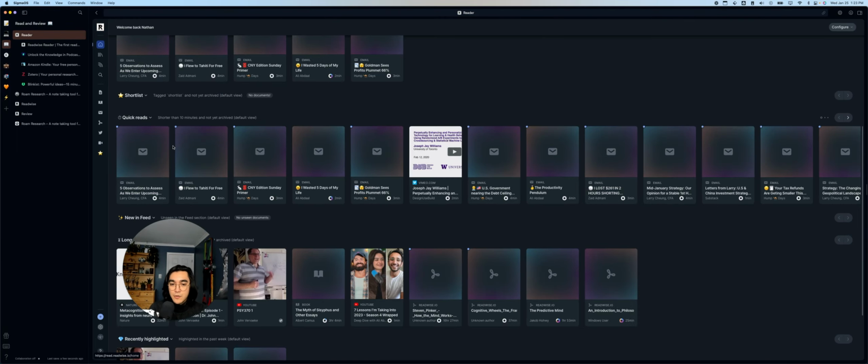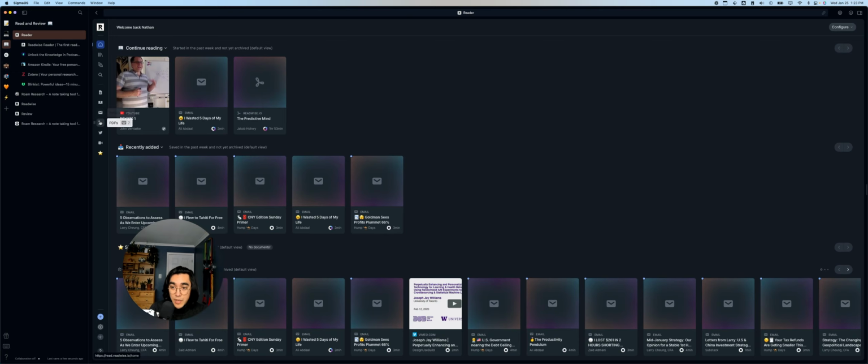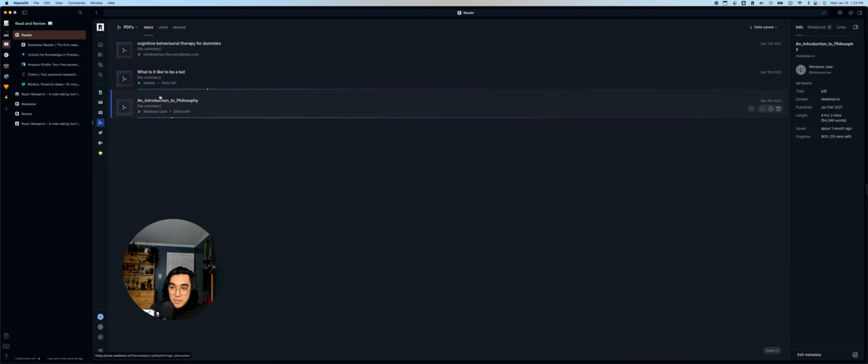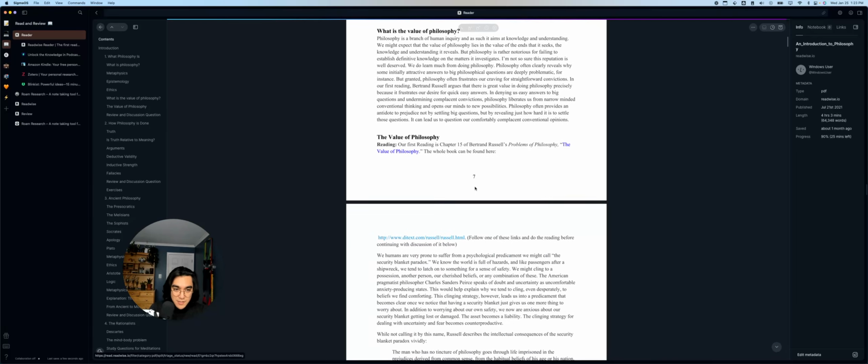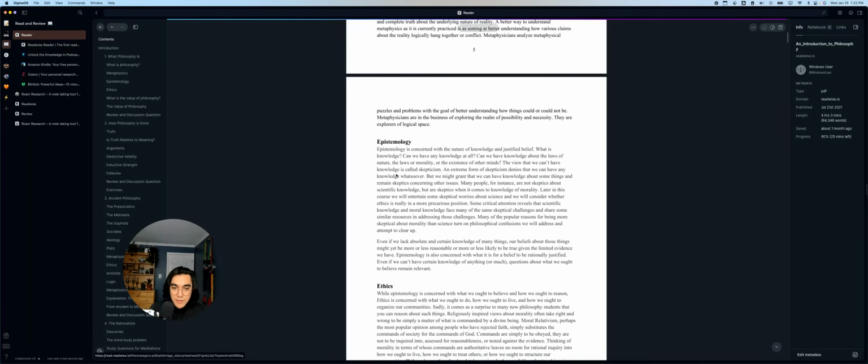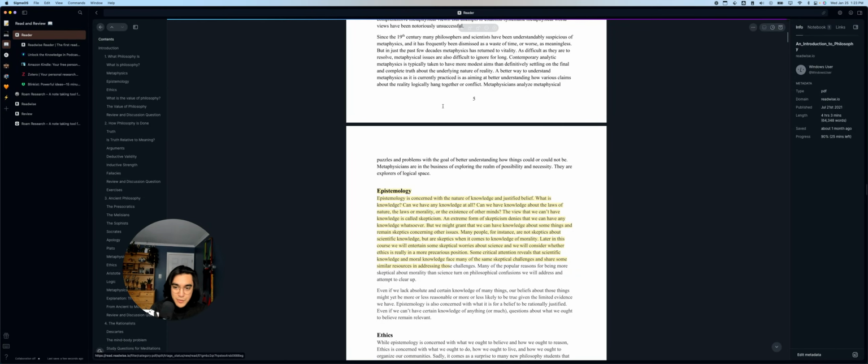It also does normal things, right? You can load up PDFs, right? So here's an introduction to philosophy, because I'm pretentious like that. And so you have this perfectly usable PDF reader, nice table of contents on the left. Highlighting is really simple. There's also the Readwise app on iOS, Android, tablets, all of that stuff. So you don't have to sit down at your desktop and be like, yes, I will drag my mouse across to highlight all of this content.